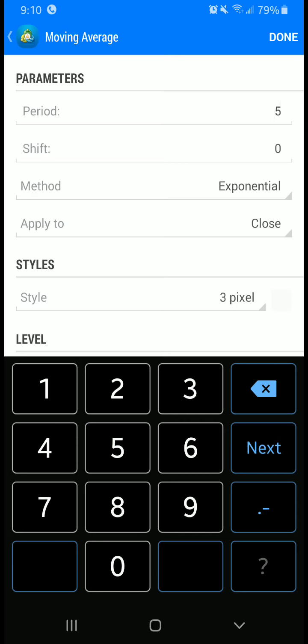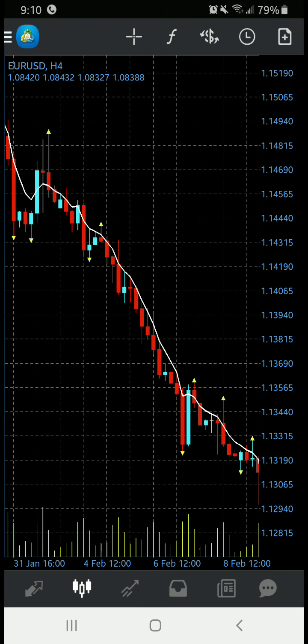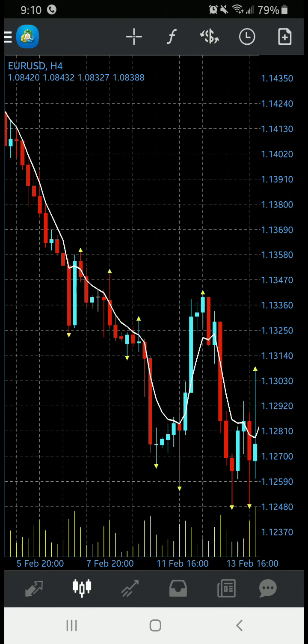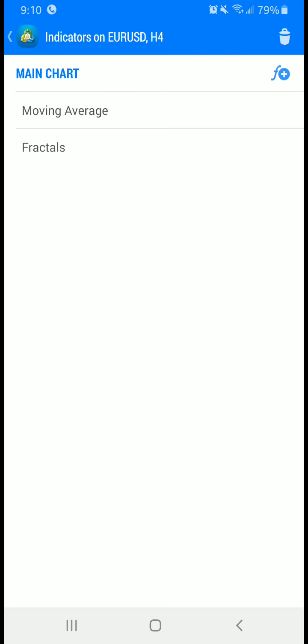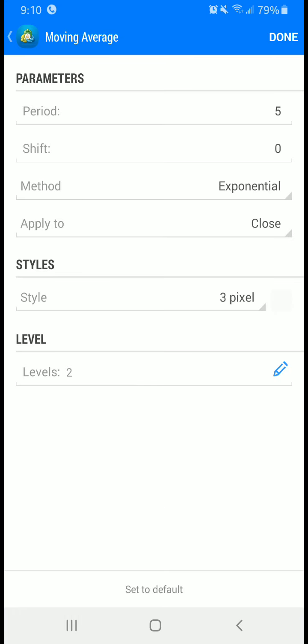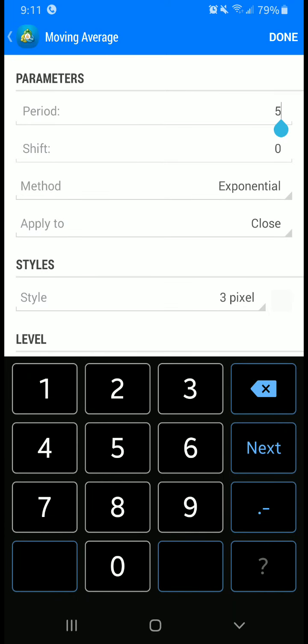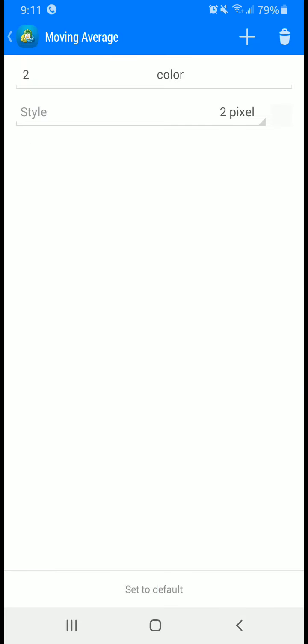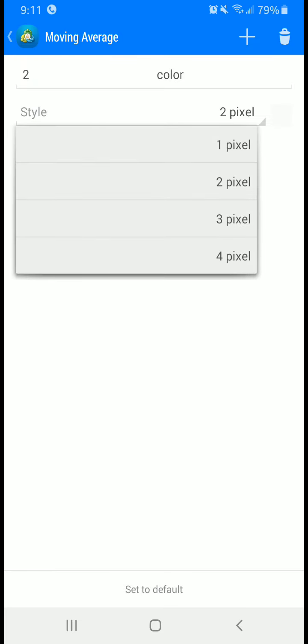my Gulf of Mexico. So I'm going to change that white moving average to my mayo, which is at a 5. I'm going to click done. I'm going to hit the function to add another moving average by hitting the function and a plus sign. Tapping on moving average. Now I need to change this 5 to a 100. And I need to come down here to levels and change this style